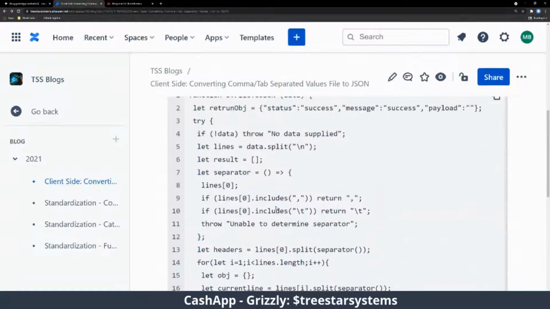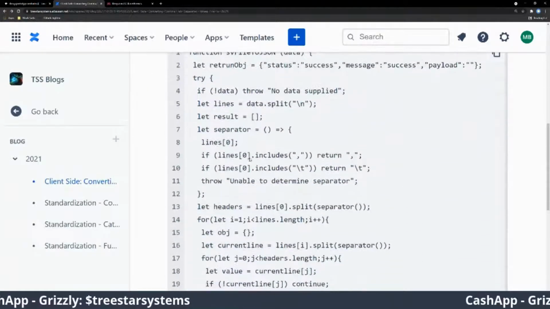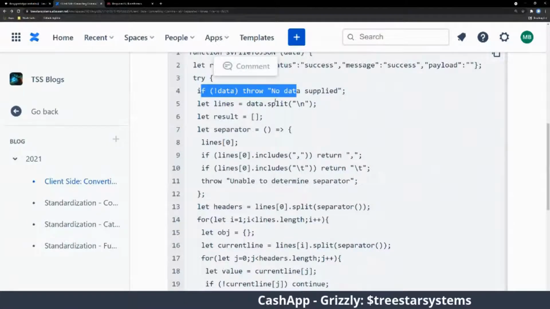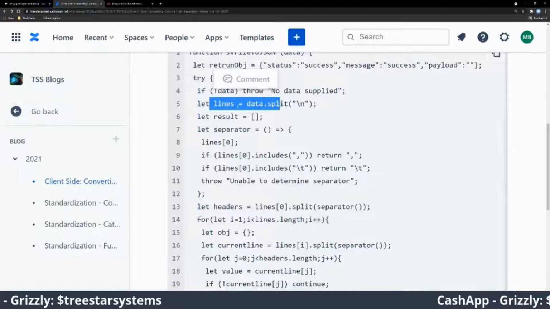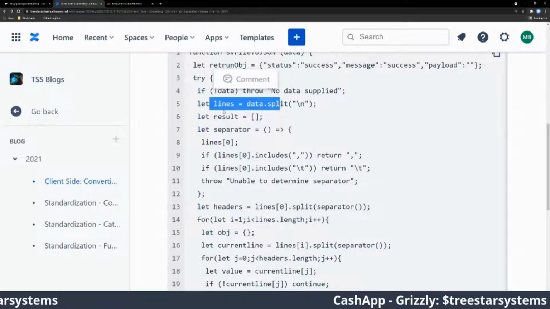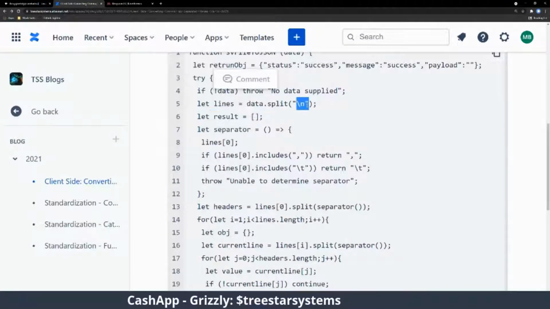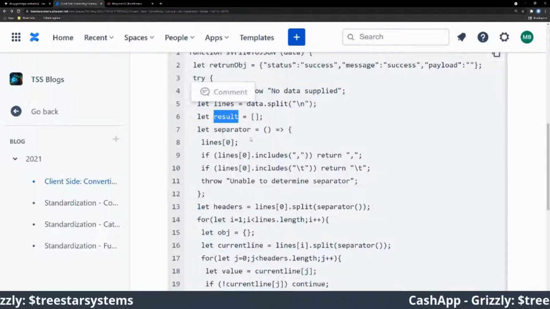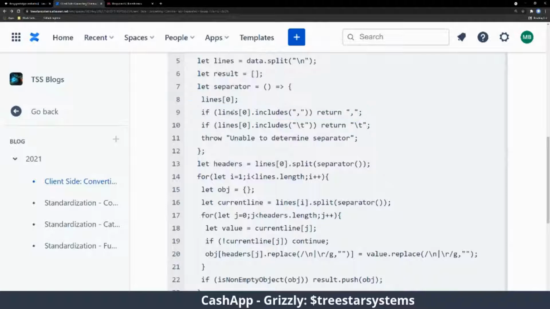But if you look at this here, what I do is I do my little bit of error checking here, no data supplied if there's nothing that's actually passed. So I just throw my error there, and then I do my lines here. So the file, or now it's a string, you go through the lines, and then it splits it by new line character, right? And then I have my result, and that's going to be an empty array for now. But then I do my separator, right? So before, what you saw is that I would do